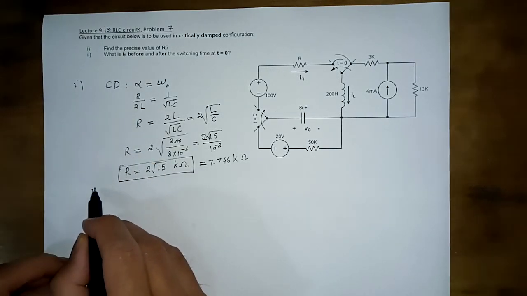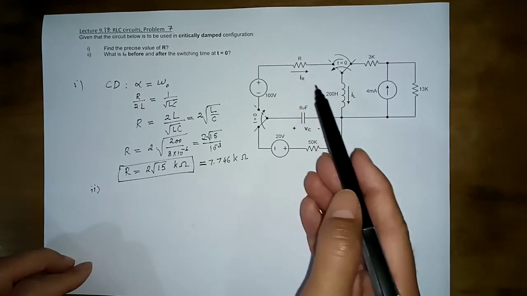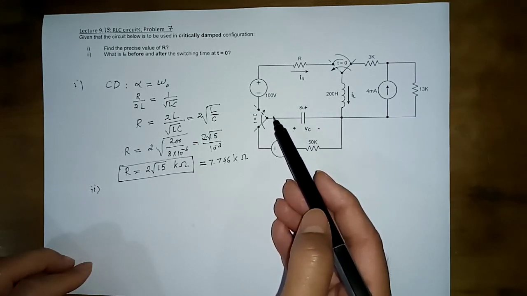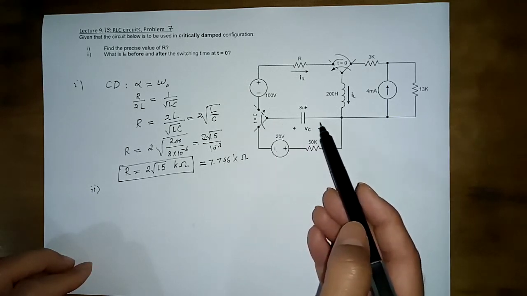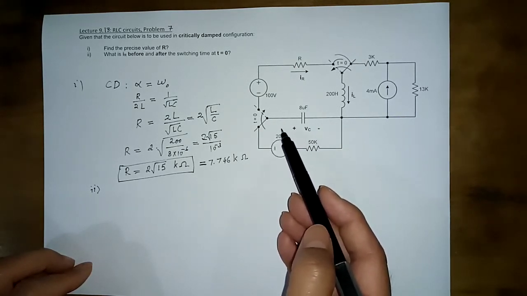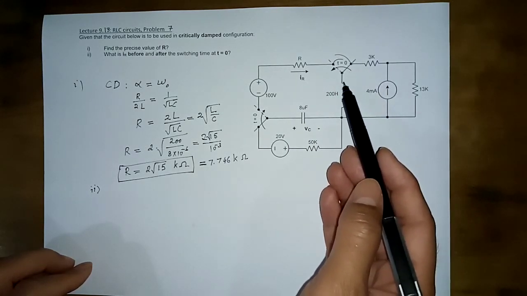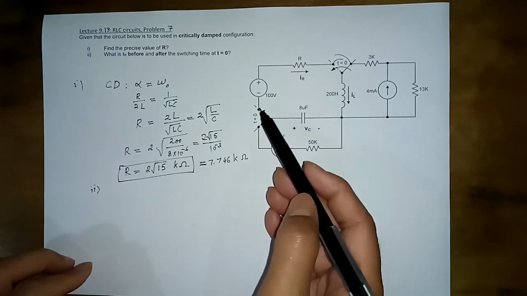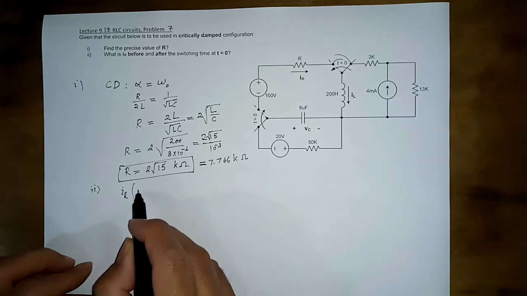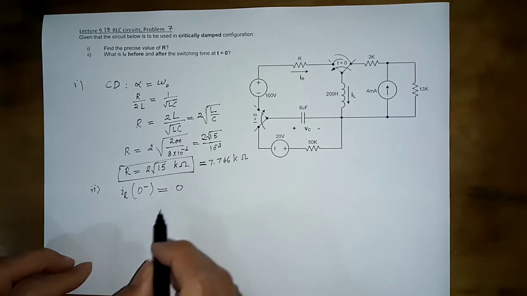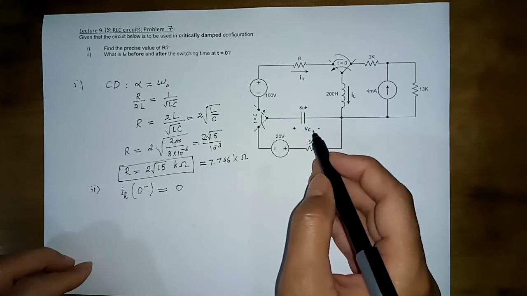The second part asks for the value of IR before and after switching at t is equal to 0. So before switching, when this switch is in this position, there is this independent circuit. When this switch is in this position, we have this circuit here. So nothing is connected here, the circuit is not complete. So IR before switching is 0, and after switching, this capacitor has charged to